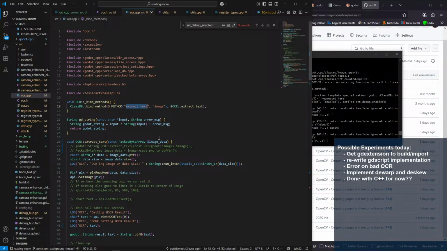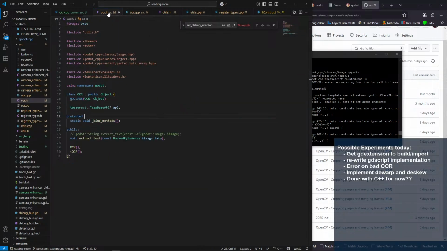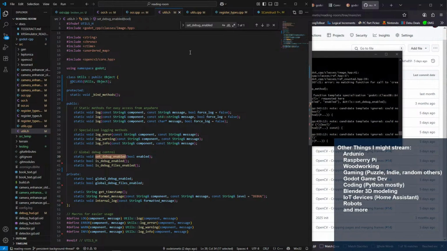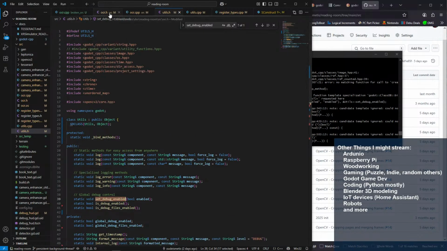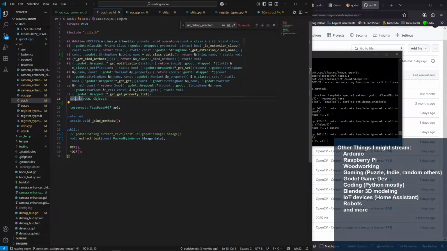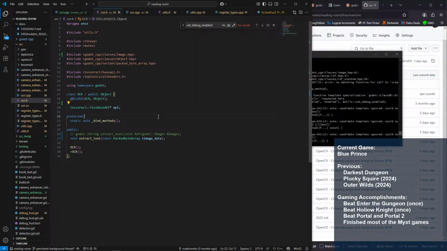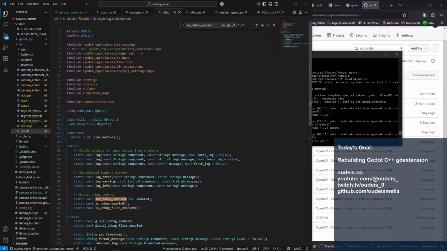This is also a void. Is there a... So that's public object. Public object. Did I not import something? What does this come from? Probably this object here. Yeah.